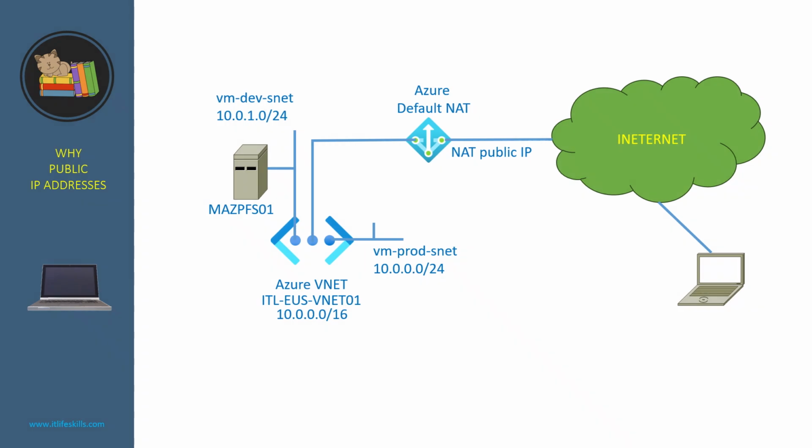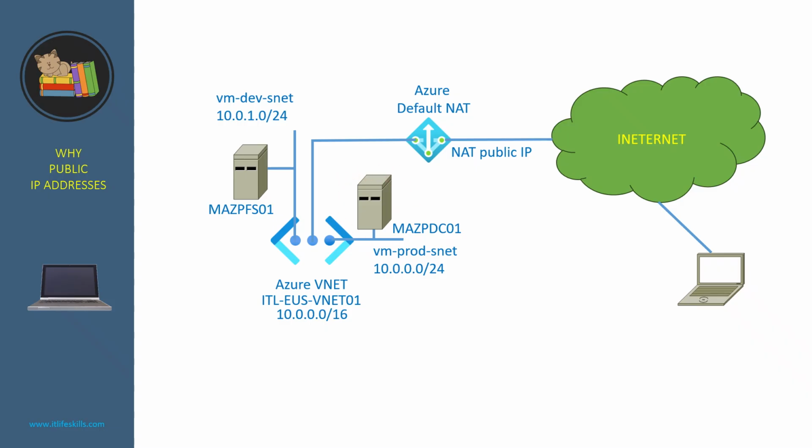Let's assume we deploy a new VM MAZ-PDC01 and connect it to the VM production subnet. Now let's analyze its inbound and outbound traffic. By default,